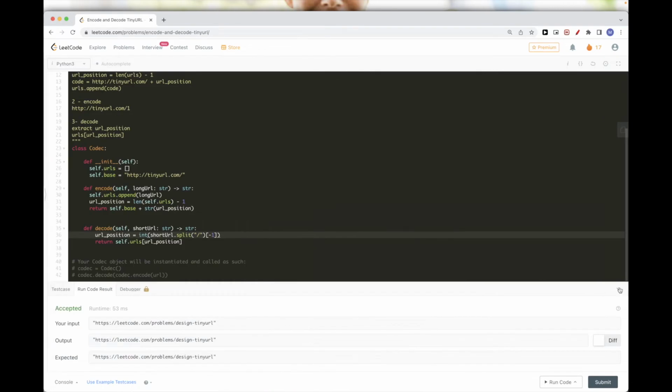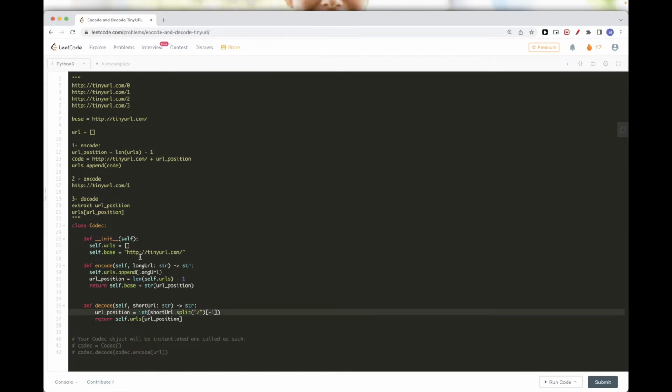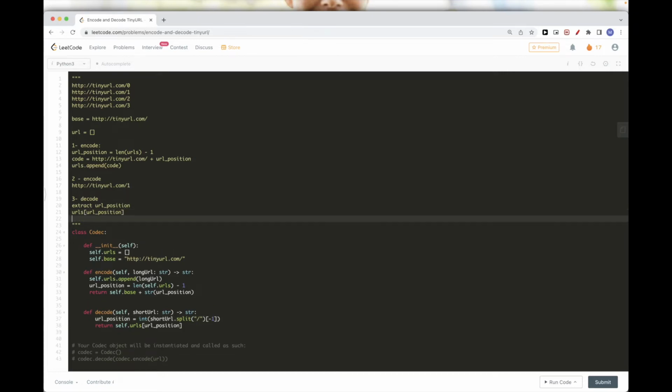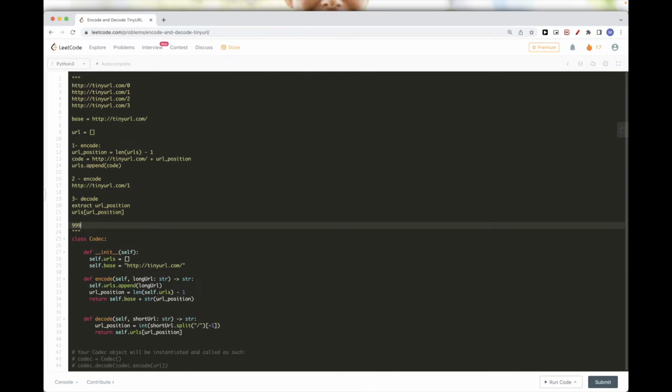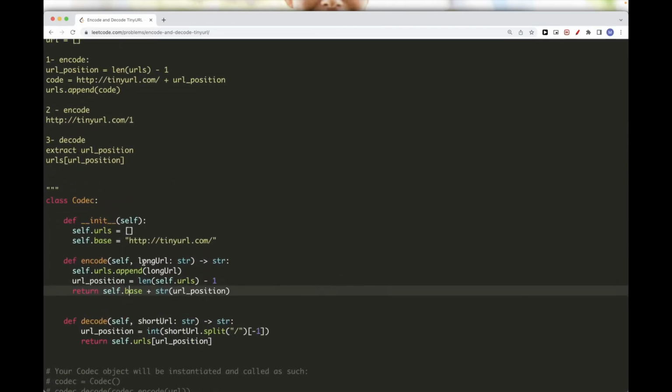Now this one has a couple of bad things with this implementation. First, our URL can be really long. Let's say once we fit all the 6 integers, then we will start counting again, and the numbers can be really long. Another disadvantage of this solution is that if we get the same long URL, then we will decode it to a